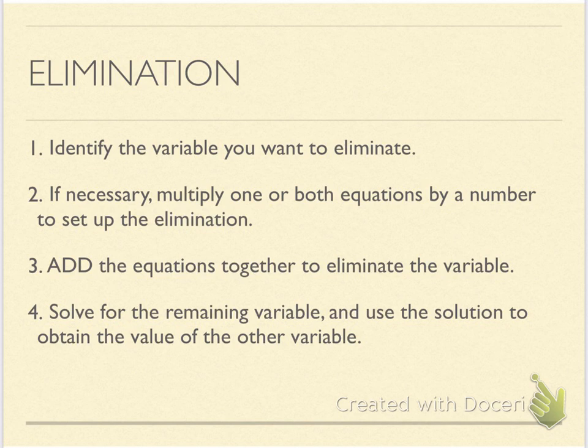In essence, we're trying to do the same thing that we did in the substitution technique. We start with a system of two equations with two variables and whittle it down to one equation with one variable, get our answer, plug that answer back in and get the remaining variable. But the process by which we get there is a little bit different. Instead of making a substitution, we're going to add our equations together in hopes that one of the variables will